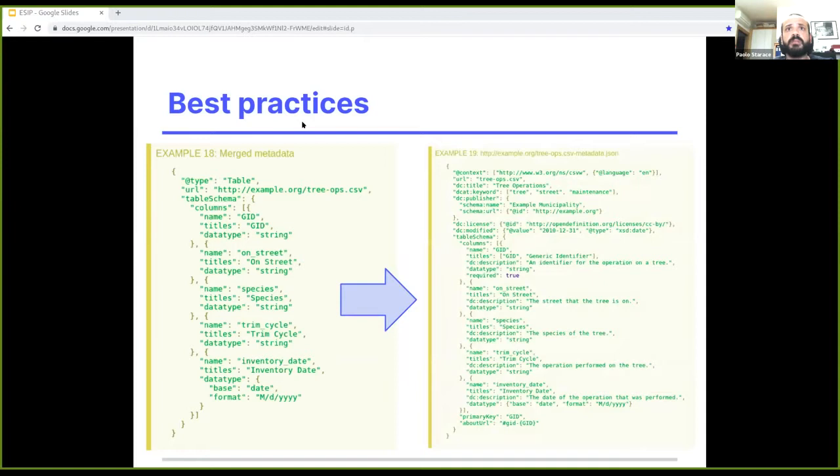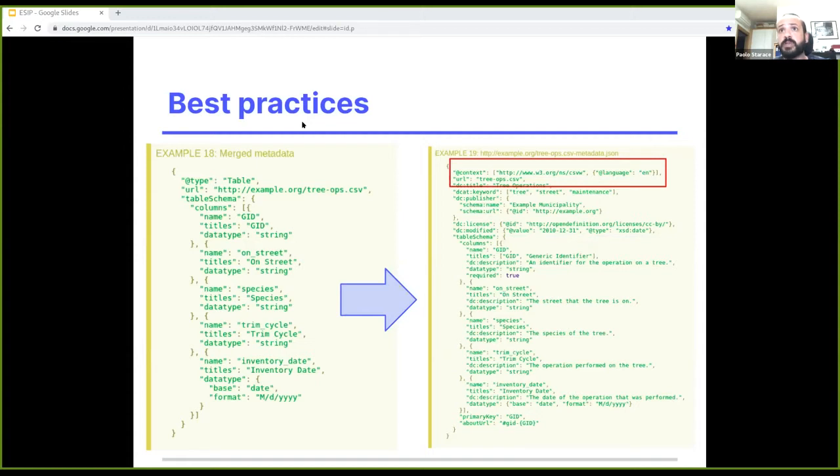Then we can fill more detailed information, naming the file on top, adding a description, tags, information about the publisher, the license, the modification date. And as you can see here, we are also introducing namespaces. So on top we need to import the context, specifying how the namespaces are used.